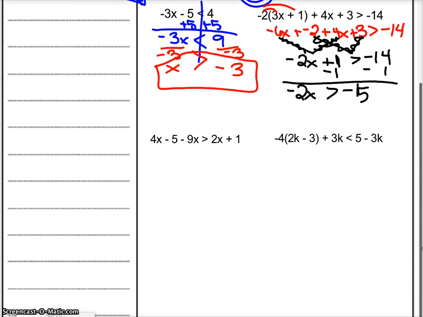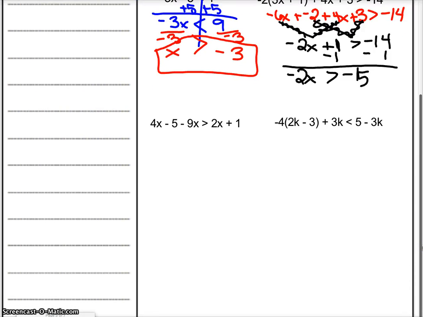Now I gotta flip it. So now we're gonna divide by negative 2. When we divide by negative 2, we are flipping it out. So we get x is less than, hey, a negative divided by a negative is a positive, so it's 15 over 2. This is harder than what you'll see on your